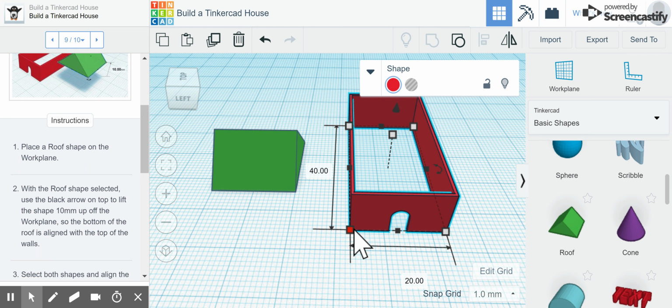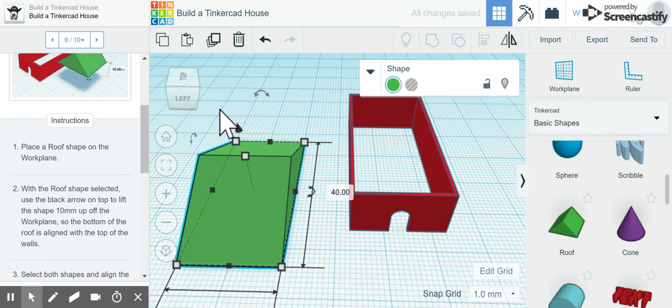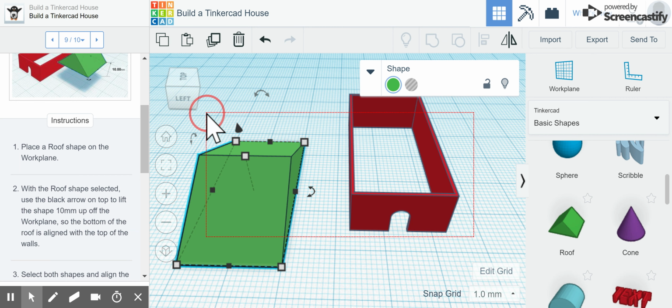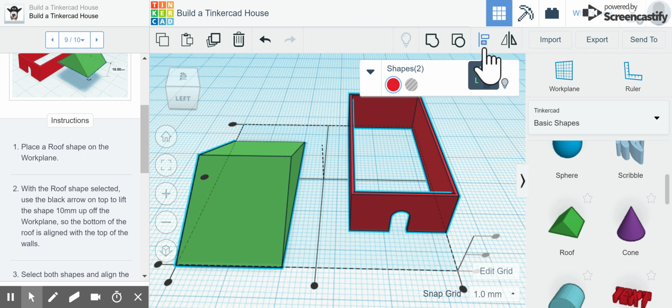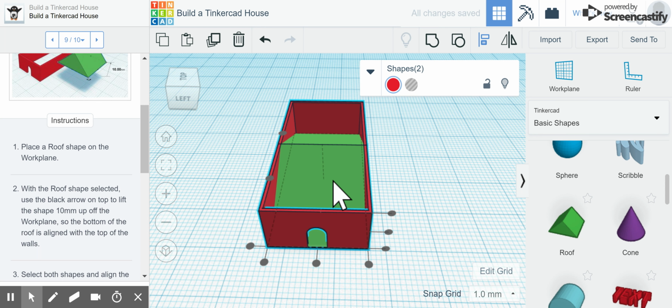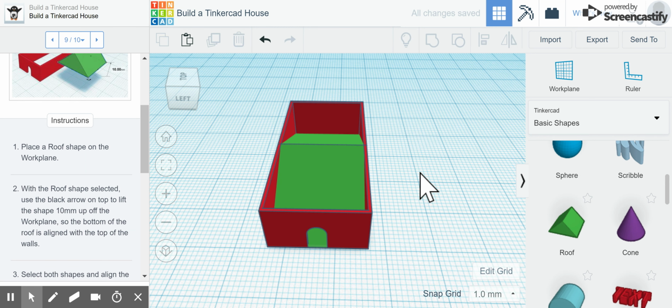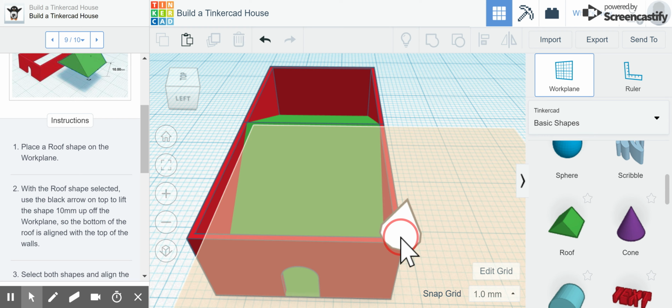And then remember, our house was 20 by 40. So we're going to make our roof the same. It's already 20, but we need to make it 40 on this side. And then we're going to go ahead and highlight both of our shapes by using our left click button and dragging over top. We're going to click L to align and center. So our two things are aligned. Now notice our roof is inside our house. To be able to get our roof on top of our house, we're going to actually go ahead and drop a work plane on the top edge